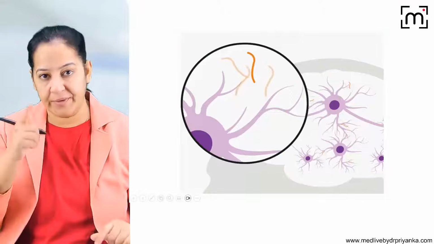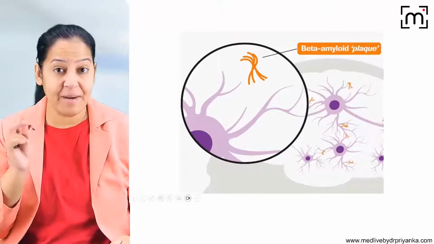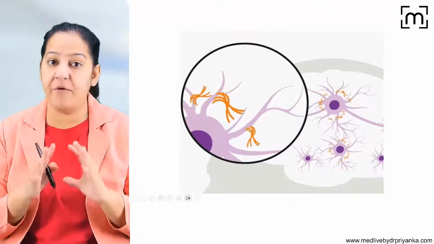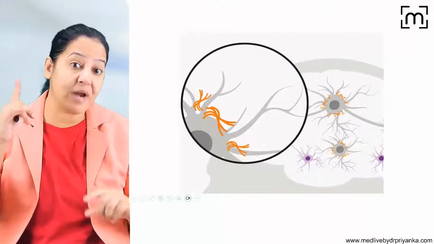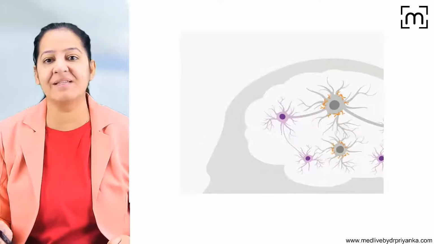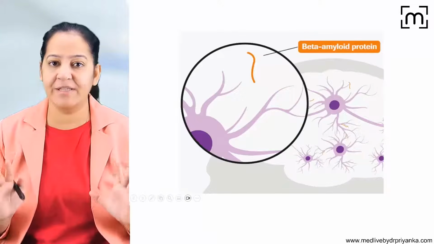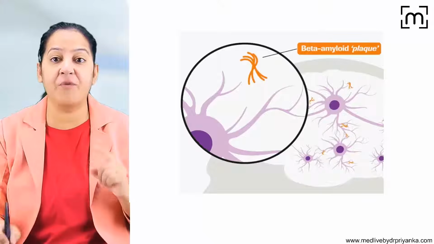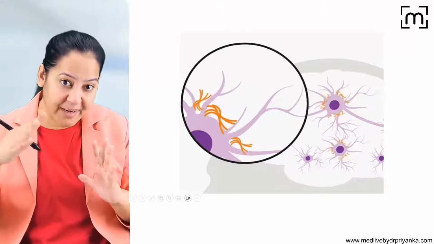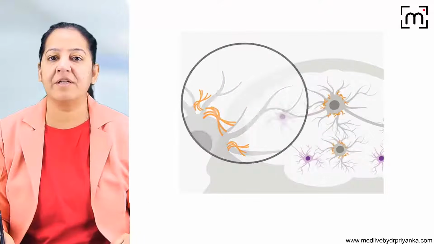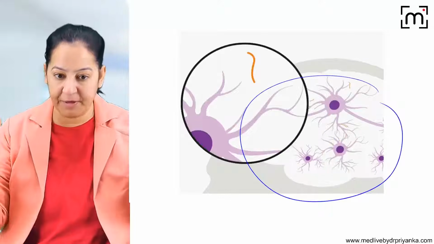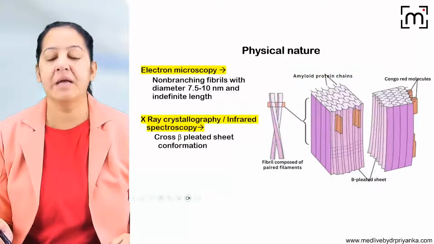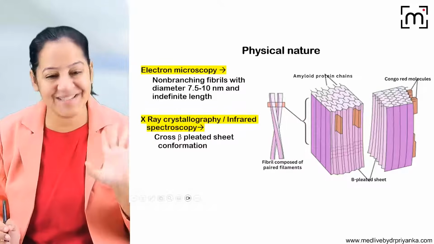The same thing is shown to you here. You can see the neuron. You can see this is the amyloid. Multiple amyloid fibrils form together and make a plaque, and it is compressing the neuron extracellularly. I insist on the word extracellularly, and that's why it is producing the symptoms. Appreciate the neuron, appreciate the amyloid, appreciate it is forming a plaque and compressing the neurons. Multiple neurons are compressed and it produces the symptoms. So we are done with the definition till now.